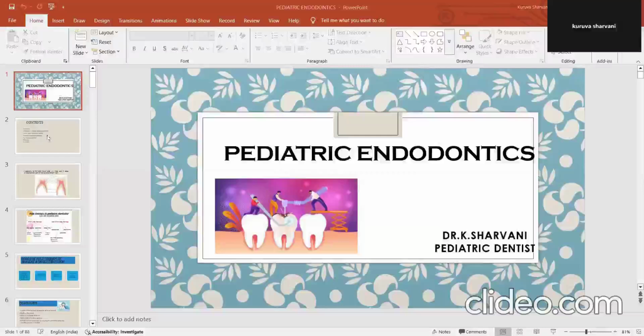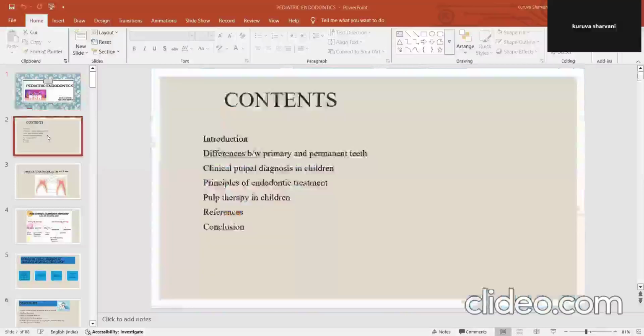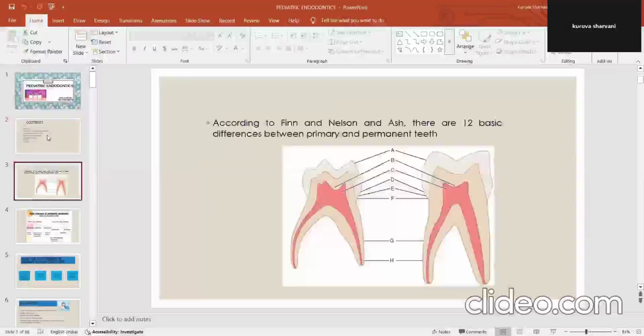So, coming to the content, which includes the introduction and differences between primary and permanent teeth, how to diagnose the pulpal changes in children, results of endodontic treatment, pulp therapy, followed by conclusion. So, initially, what is the difference between primary teeth and permanent teeth? There are almost 12 differences between primary and permanent teeth, but the main difference is